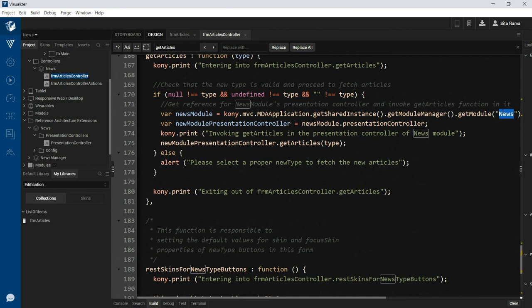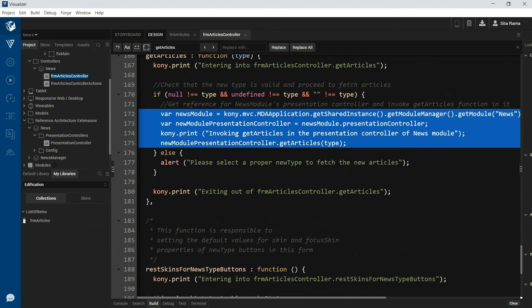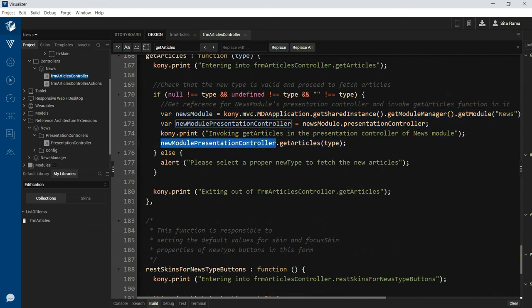So we are making use of the presentation controller from the form controller, and we are invoking a function inside this presentation controller. In this function present as part of the presentation controller, we will be invoking the functions inside the business controller through which we can invoke the service calls to the fabric layer and get the data from the backend systems. We will look at that implementation in another episode.